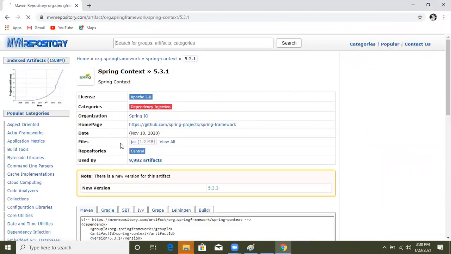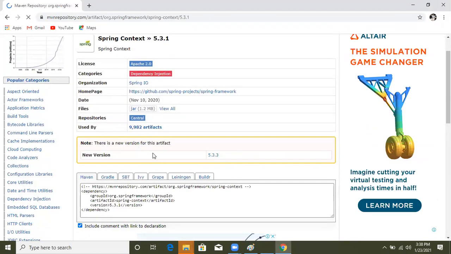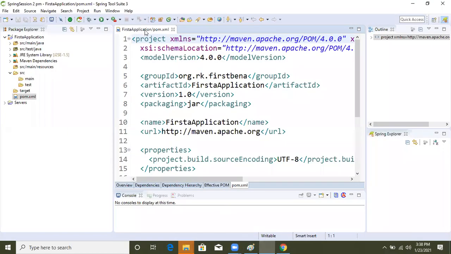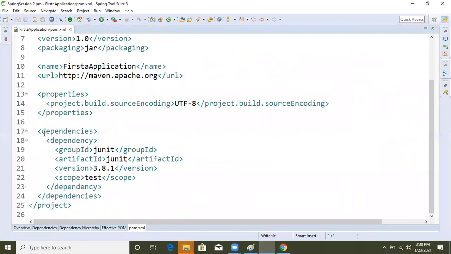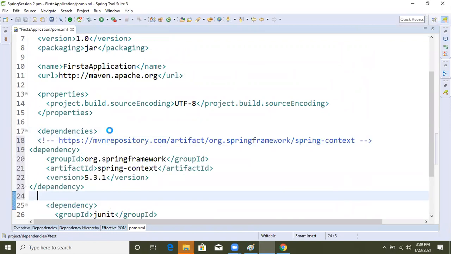Don't copy the latest version, some big bug is there, try to copy one or two versions older, right. Now copy this and go to the pom.xml in our Eclipse IDE. Dependency is there, right, inside that dependency paste that one.